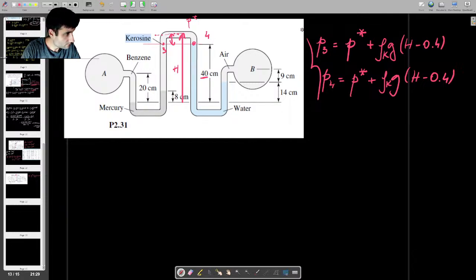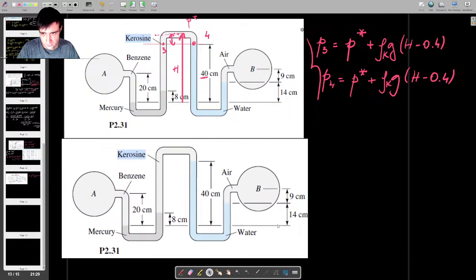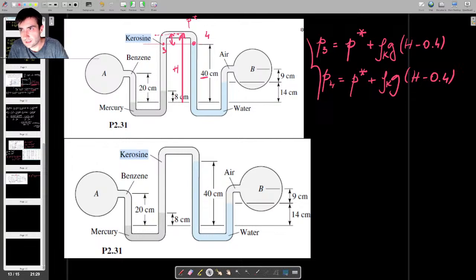And if we do this again, so let's do another horizontal line test. This time I'm gonna do it over here like this. Okay, so let's see what names we give those pressures. So on this side I have 5, and this is going to be 6. So pressure P5 equals